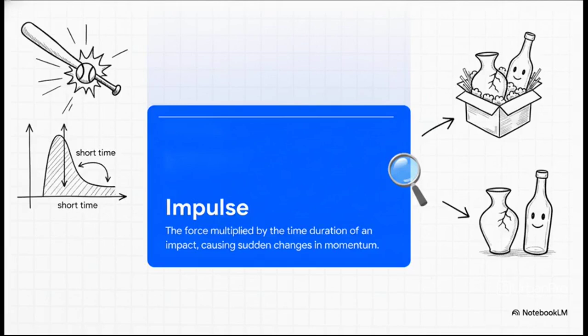It's incredibly brief and it is incredibly powerful. Think of a bat violently striking a baseball: the force spikes massively over just a tiny millisecond. And honestly, this is exactly why we package fragile stuff in soft foam or straw. The soft packaging essentially stretches out the time duration of an impact. By prolonging that time, the peak force drops dramatically, which completely saves your fragile items from shattering into a million